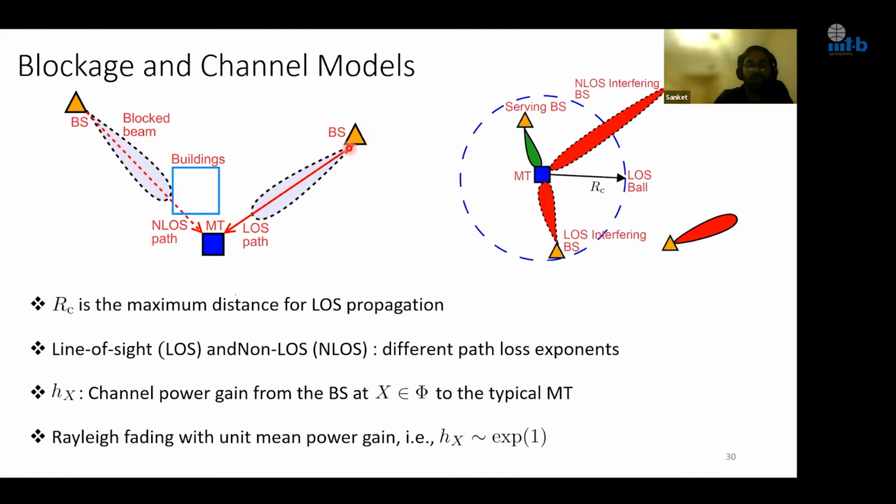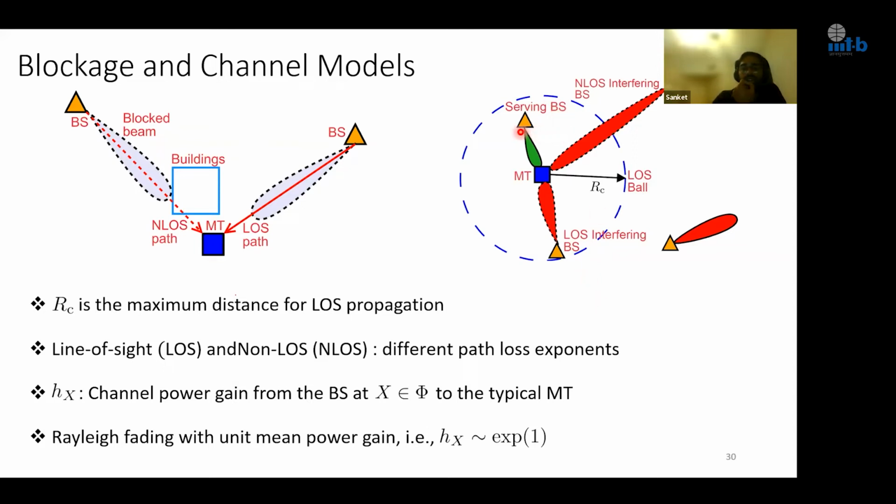And this is a line of sight path, meaning that there is no blockage between a base station and this mobile terminal. So there is a direct path of communication. There are several models for characterizing the blocking. But in this talk, we will focus on a simple model, which is a LOS ball model, where it means